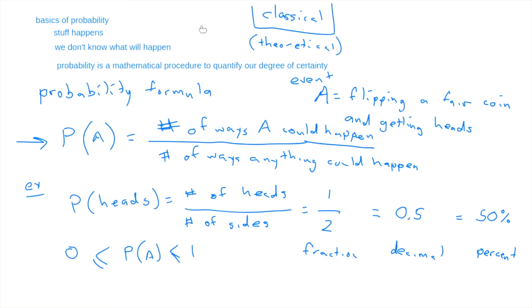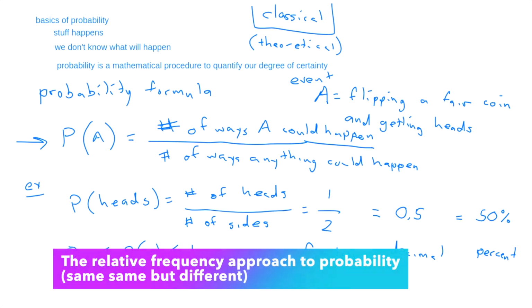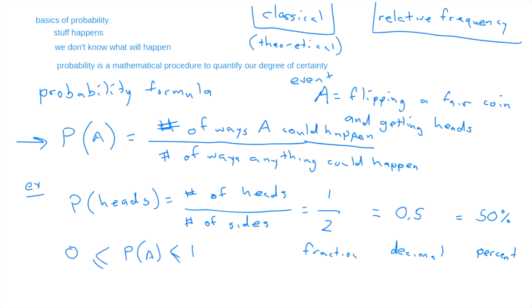There are other ways to do it. And one of the ways that the book tells you is what they call the relative frequency approach. I should have used a different color. Let me change colors. Let's change to orange. So here's relative frequency. And the relative frequency formula is, and I'll write it kind of small in here, the probability of A is the number of ways it actually happened. I'm running out of space. That says happened. Hard to tell. That's why I'm saying it out loud. And this is the number of trials.